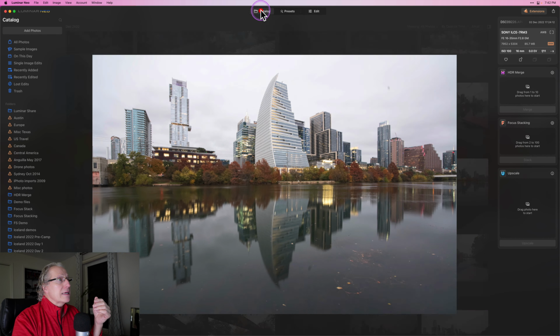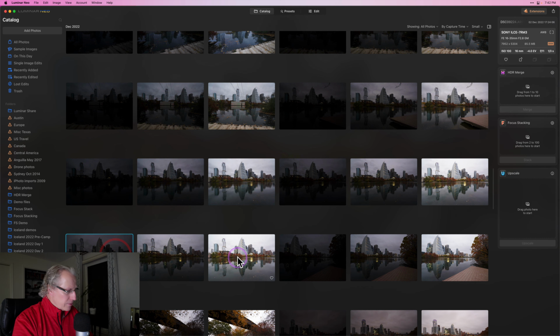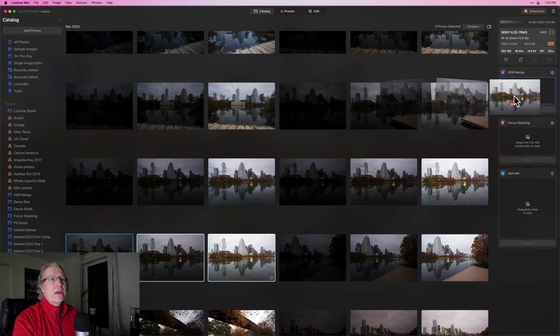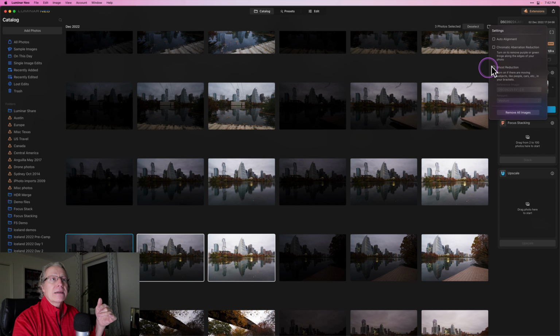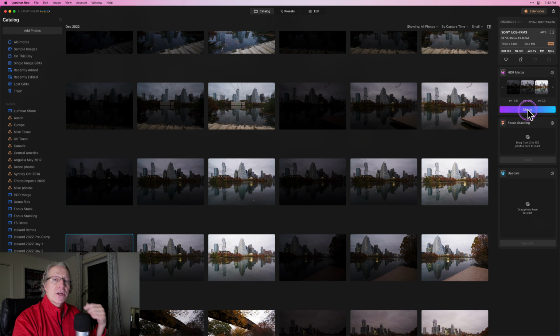So if you're in the catalog, you can just highlight the three, just like that, and you drag them over here to HDR Merge, which is an extension. If you're in a subscription plan, on the Pro plan, you get that included, or you can buy extensions separately now if you want to. Anyway, you do that, you set your settings here. Yeah, I want ghost reduction. Sure, I want auto alignment and chromatic aberration reduction, and you pick which reference image and what amount of ghost reduction you want, and then you just click there to close that and click Merge,